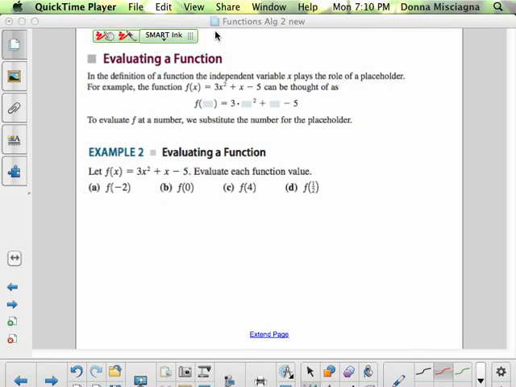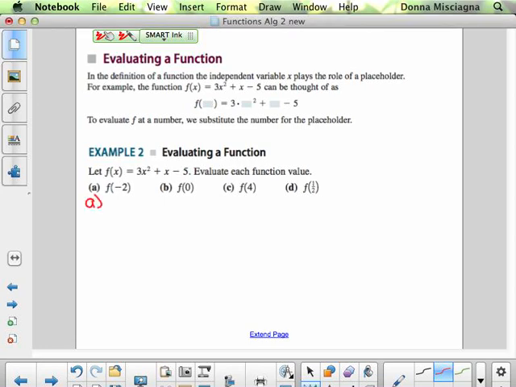All right, and I'm going to go right across. I'm not going to be able to squeeze this all under A, B, C, and D. So first we'll do A, and then B, and then C, and then D, so that we have some space. So f of negative 2 means we're going to plug in a negative 2 everywhere we see an x. So we have 3 times negative 2 squared plus negative 2 minus 5. We're going to use order of operations. So remember,